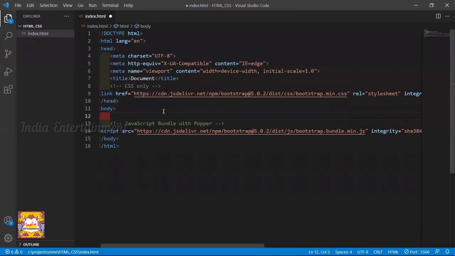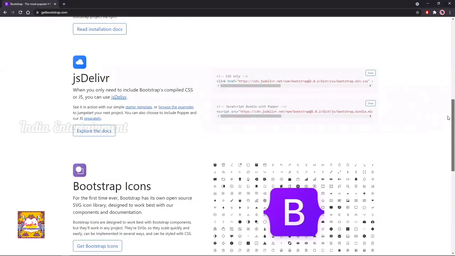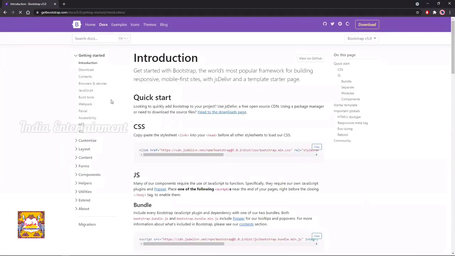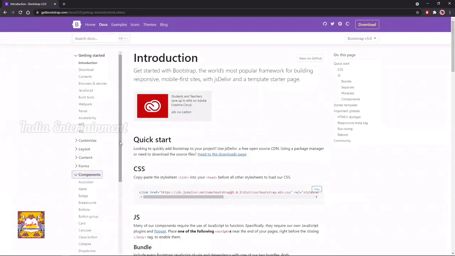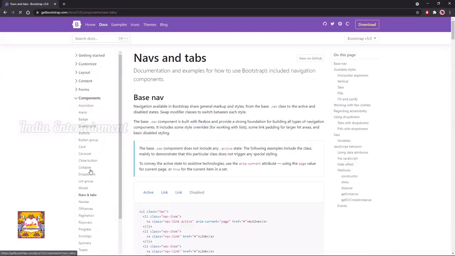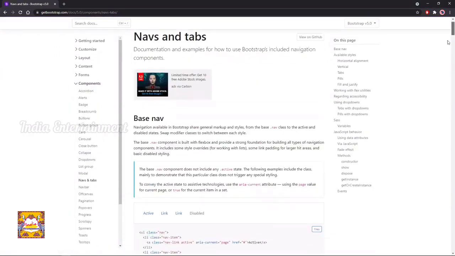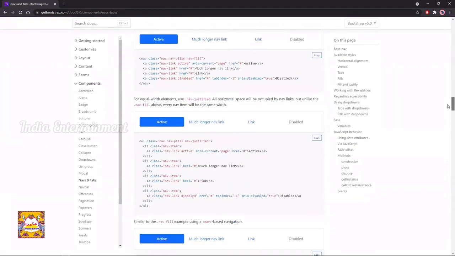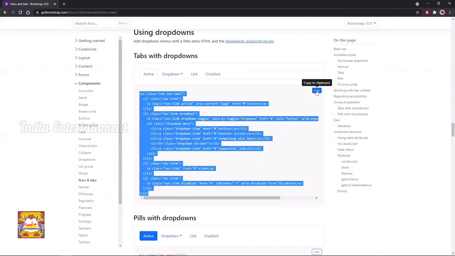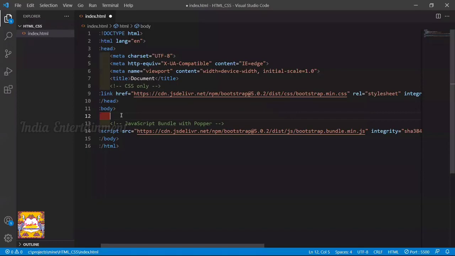And let's go to docs and go to components, then nav and tabs. So for this, I'm taking this nav tab template. So copy this, and before that, I'm creating a div with the class name container,